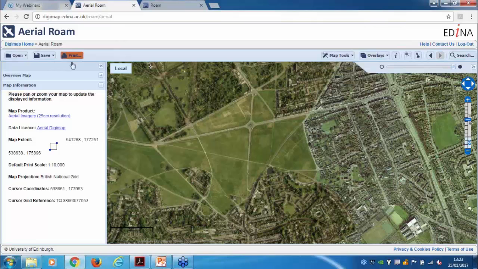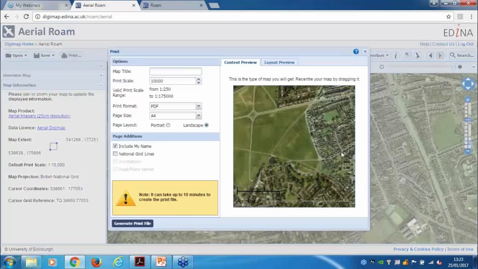Finally, the other one is printing. So I mentioned before that any opacity and overlay that you place on the maps, the road place name overlay, they'll come through into the print file if you've got them turned on. Just with our other Rome clients, you can also print the data from here, but there are a couple of